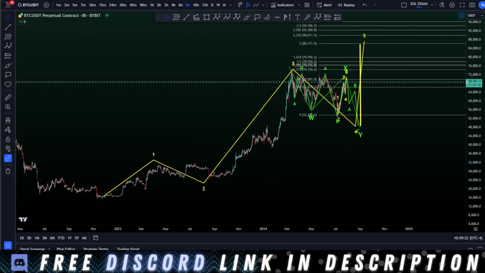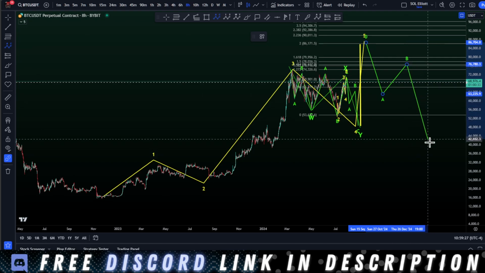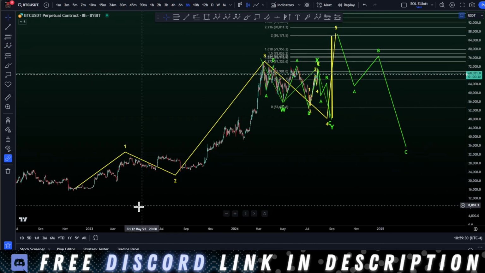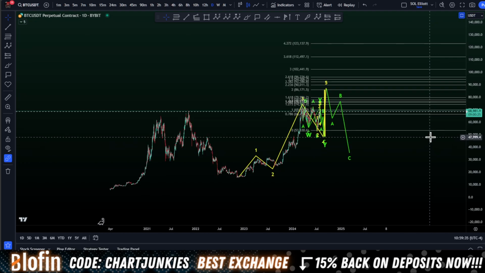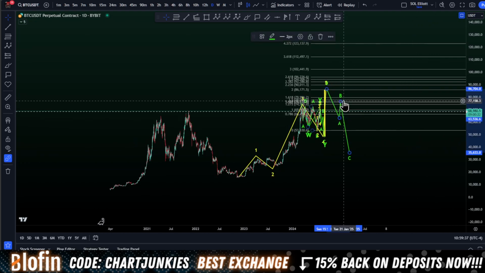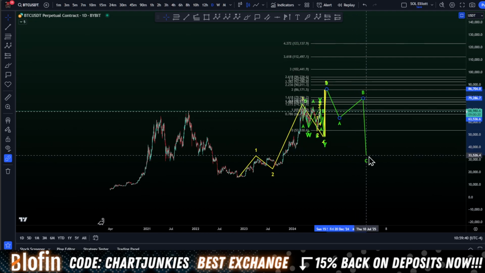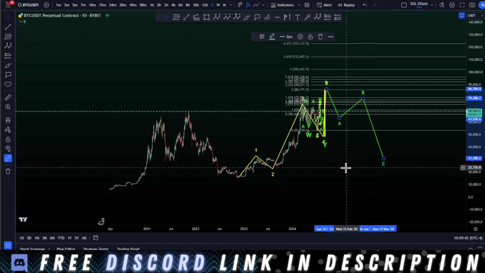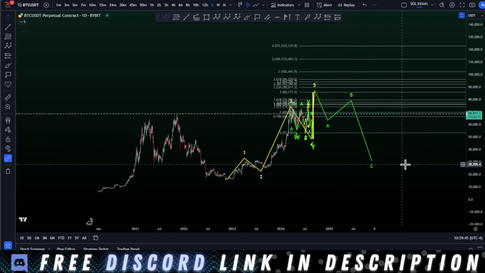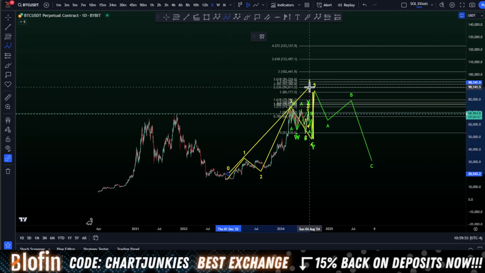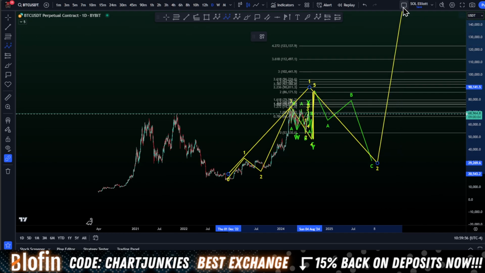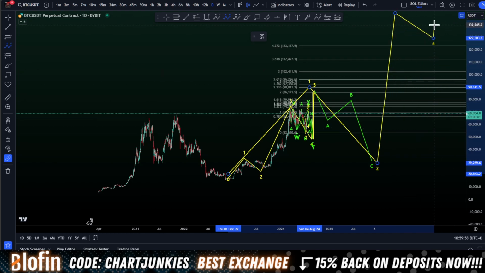And then, you know, from here, say it pumps to 85k, then you would expect a larger retrace on a larger scale, and that would be our 1-2 into our 3 wave, which would be absolutely massive. And this 2 wave can take its sweet time. It can just really take a while, get us into mid 2026, and then we have our 1 wave put in, 2 wave, and then we get our monster jam. You know what I'm saying?